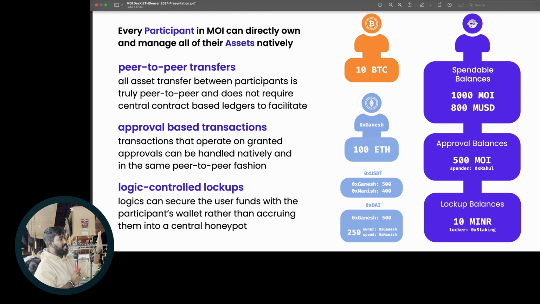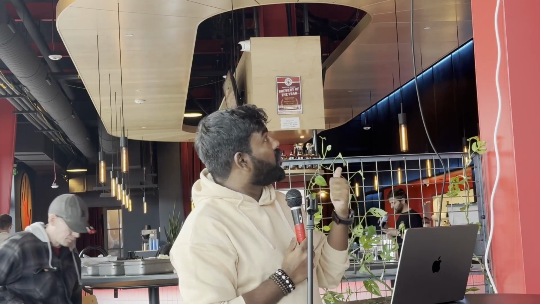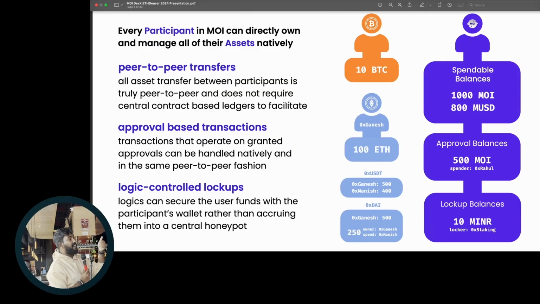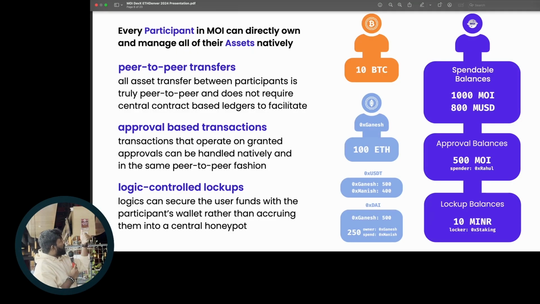The first big change is that all assets are native, right? Any asset you create is natively understood by the account model. There is no native MOI. MOI is as native as any other token that a user would create. The only difference is that the MOI token is used for governance and staking and other functionality, but it's just as possible for DAOs to use those same native tokens that they would create just as natively as the MOI token, right? So the fact that multiple asset balances are all maintained in the participant, that's the first big step.